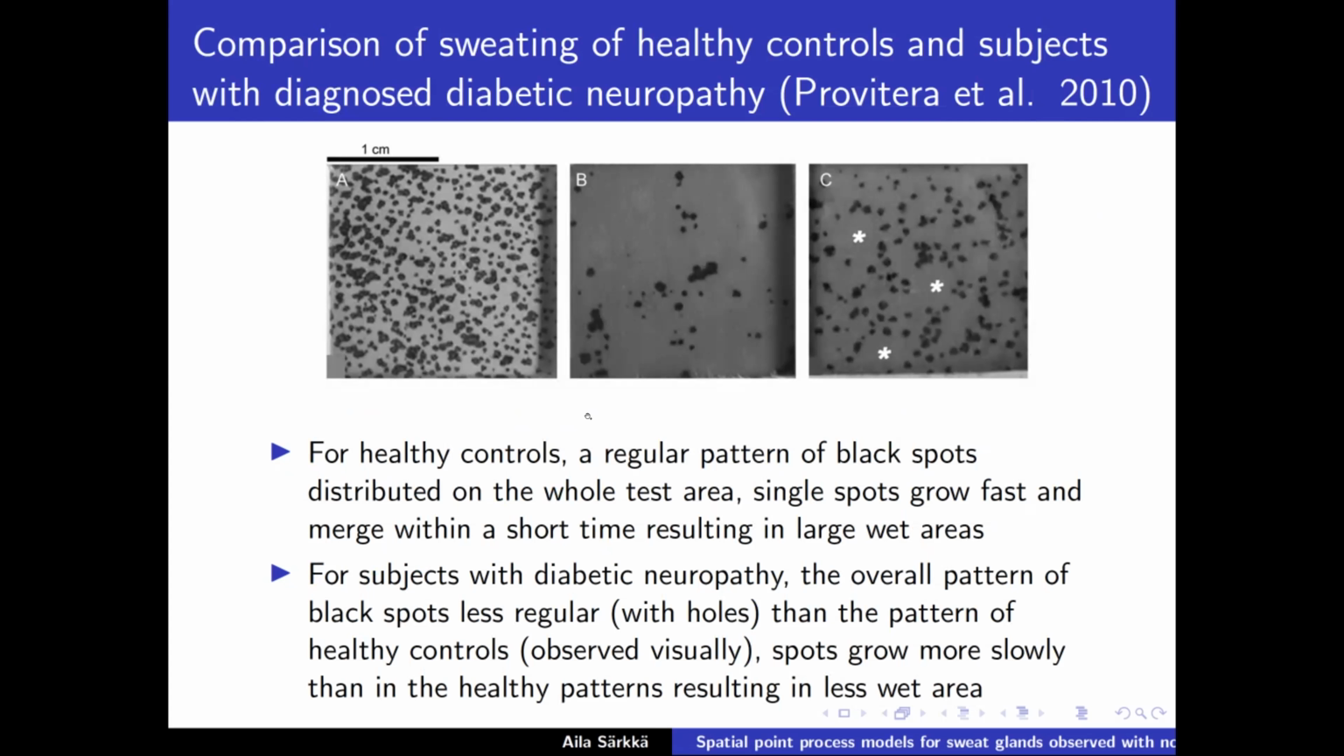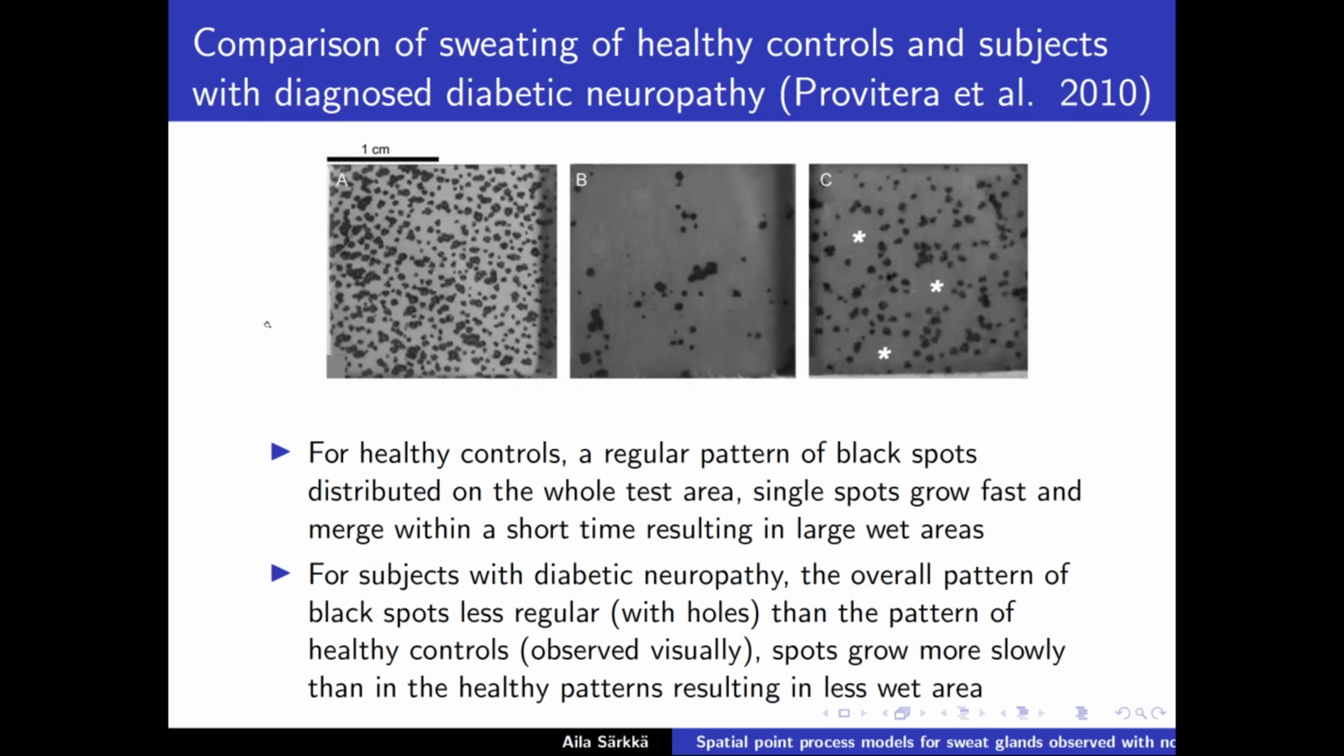Based on many plots from many patients, they saw that typically for healthy controls, you see a rather regular pattern of black spots. The black spot is sweat, and it is distributed on the whole test area pretty uniformly. If they look at the single spots, they grow fast, and they emerge within a pretty short time. And then you get these large wet areas. So I would suspect that this picture here is not really at the end of the video, but in the beginning when it's not so wet yet,